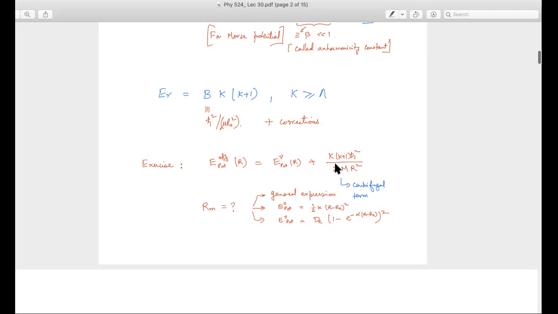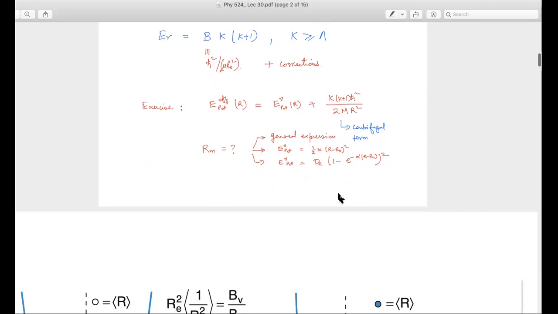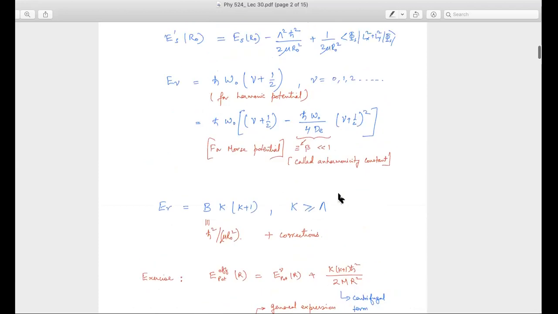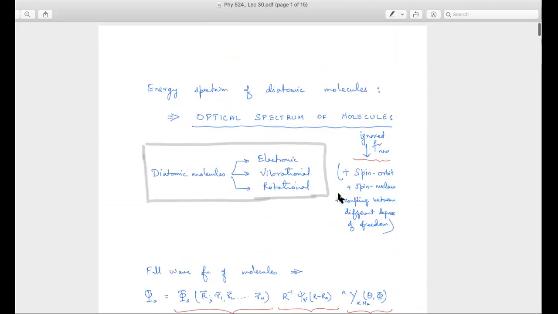Okay. And remember that this K is the angular momentum. Here this k is a small k, so the spring constant, etc. And then if I use, let's say, the Morse potential, that is, D_e (1 - e^(-α(R - R_0)))² kind of a potential, then what is the minimum internuclear separation basically? That's a problem for you to solve. You solve it and you can tell me the answer in the next class. Okay, so that's the energy scales discussion.